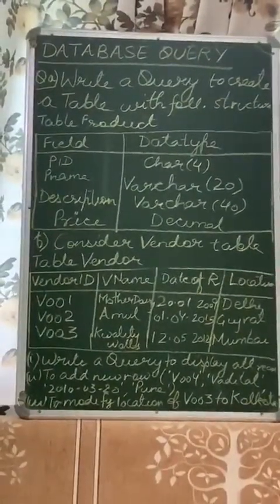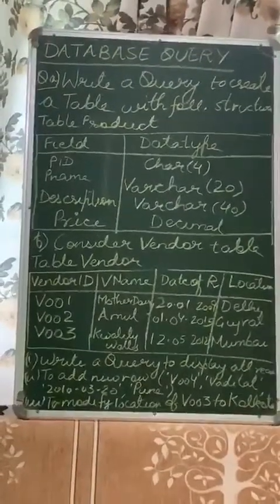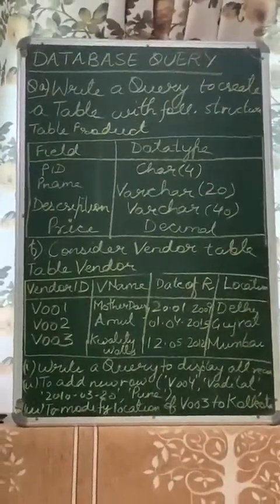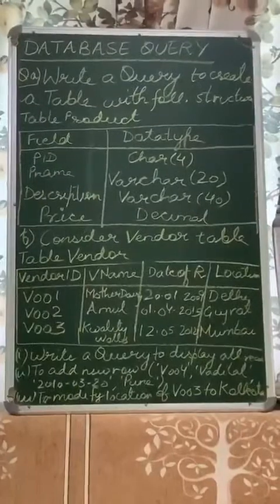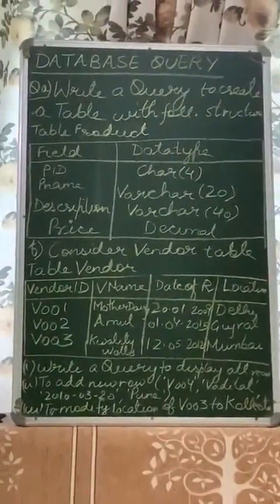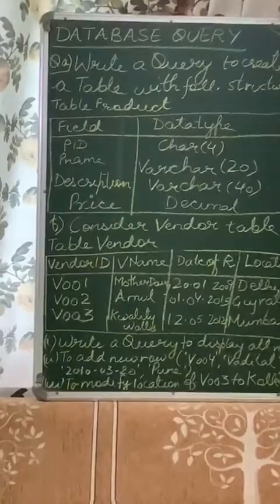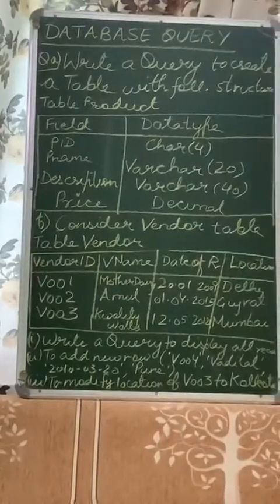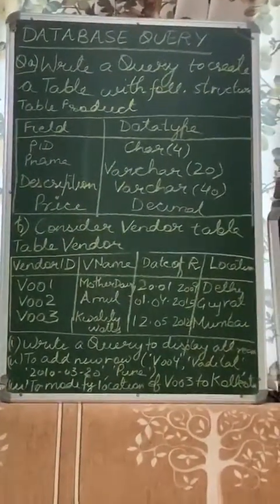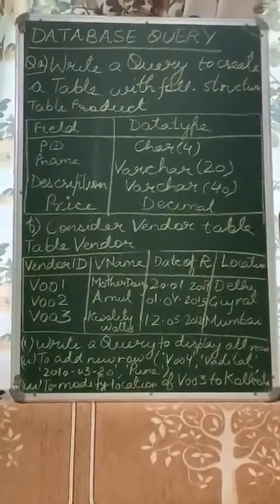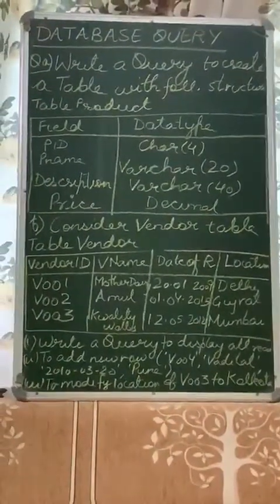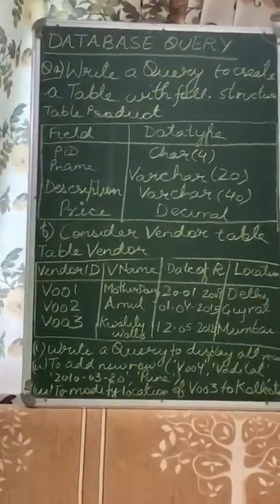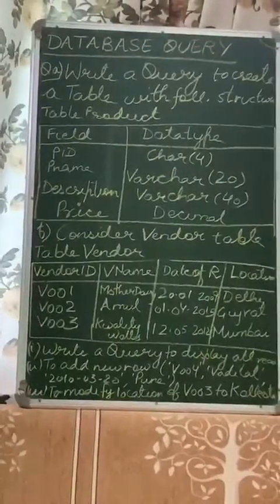Data type is char 4. Now why are we saying product ID is character here? Because it is given in the table that product ID is a character, so it would have values like P001, P002. That means a combination of alphabets and numbers, but no, here only character is given. So the ID of the product will be just PA, PB, PC, PD. So only in character form the ID would have been there. That is why the data type char is given.